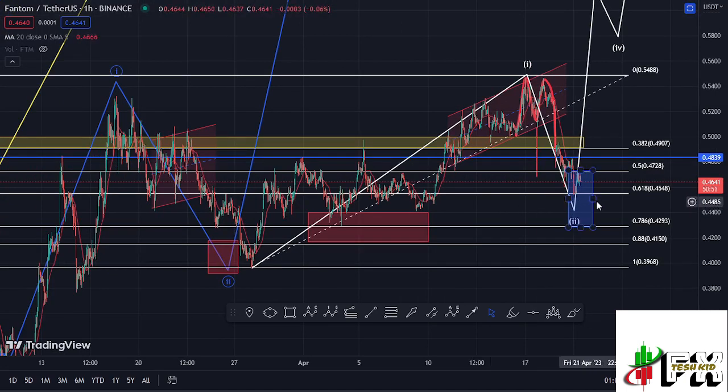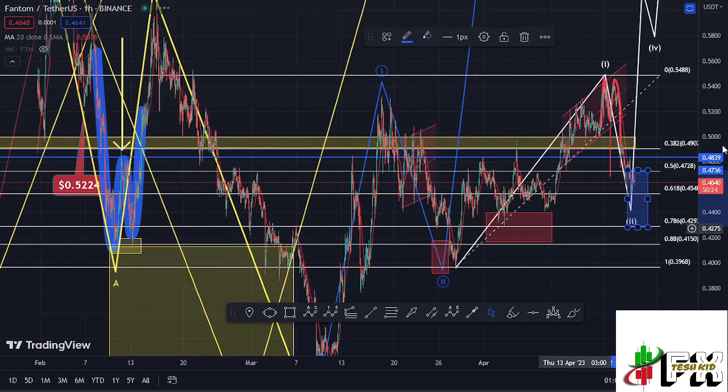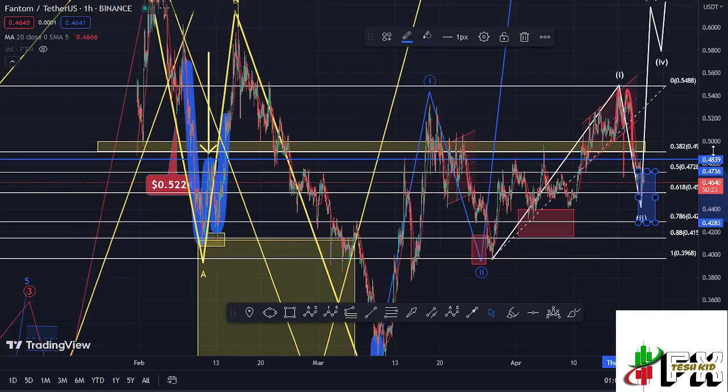So we need to continue watching this blue target area between the $0.4728 mark and the $0.4293 mark, because as long as we continue holding within that, there are high chances of seeing a reversal to the upside in the formation of that wave 3. But in case we lose that, then that would be unlocking an even more bearish scenario here on the Fantom chart. So that is what I'm expecting on the short-term scenarios,